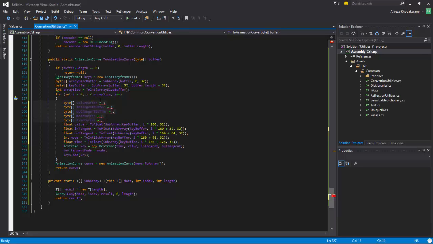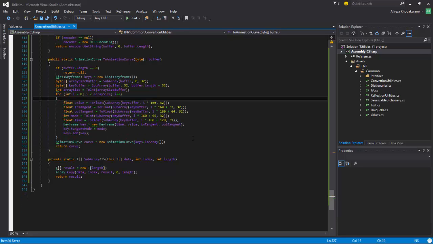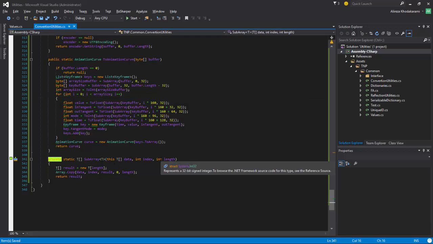And we can get rid of these guys. I could put this to float here, but I want to make it readable. Also, this is an extension method. As you saw, it's being used inside cryptography. I think I added it to the list by now, but we make it public so we can access it